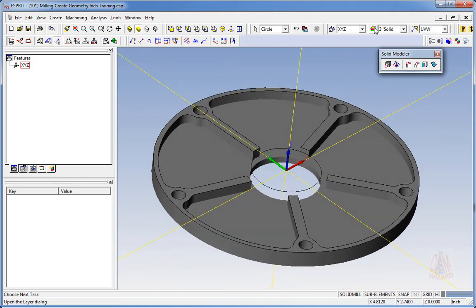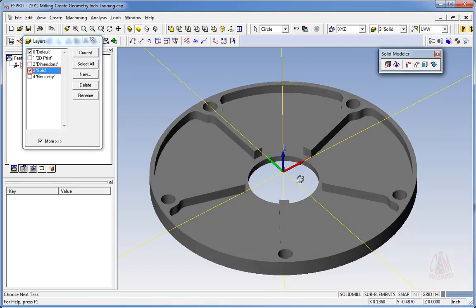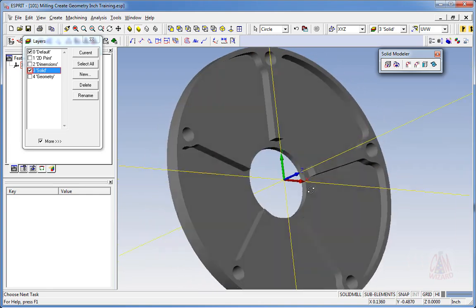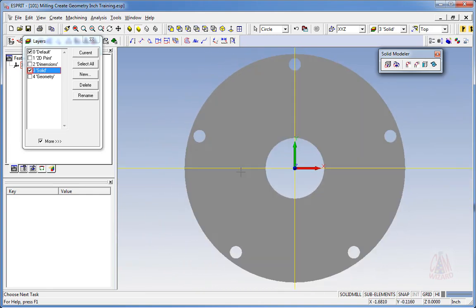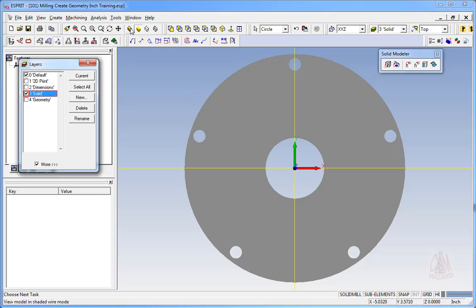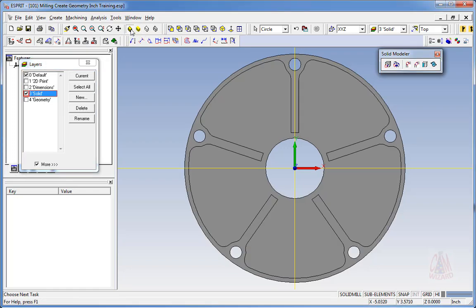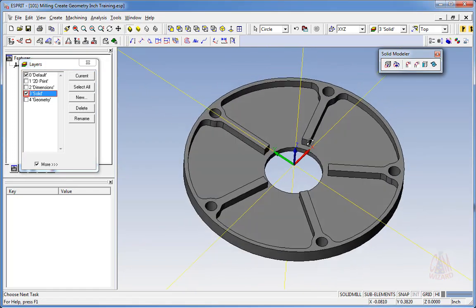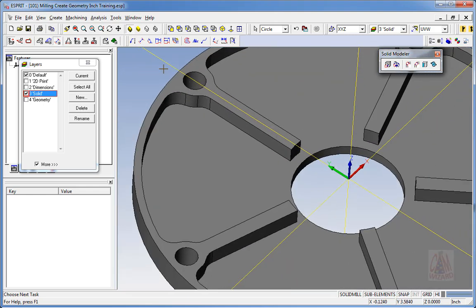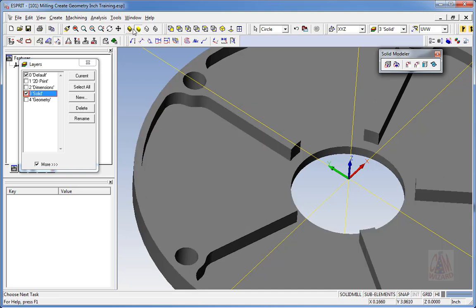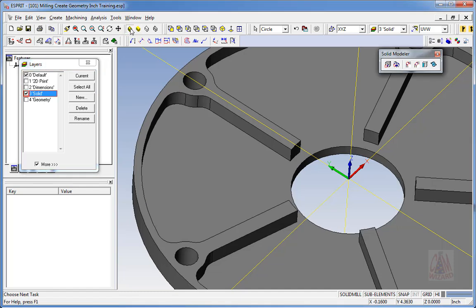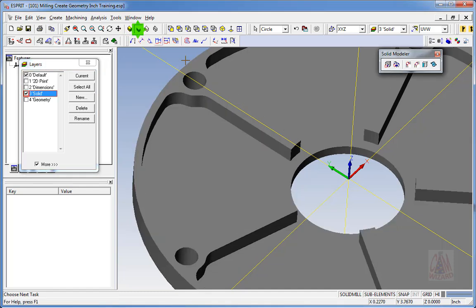And now if I were to go up to my layers and turn off my geometry, I now see just my solid, which represents the solid for this part. Excellent. By the way, it's kind of hard to see from this view, but if I change it to this icon for view shaded wire, I can now see a shaded wire. Now, don't confuse that with actual geometry. What you're seeing is kind of a wire view that's superimposed on top of the solid. That wire that you saw there is not there. The geometry that was there is there, but this wire that you see when you go to view shaded wire is just something that's superimposed on the solid.